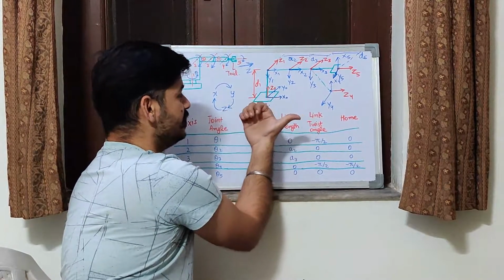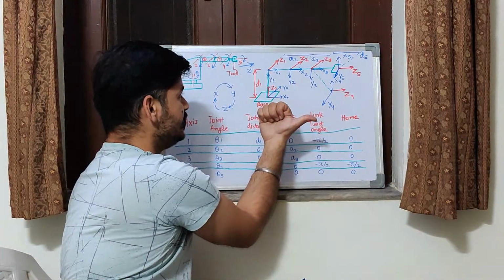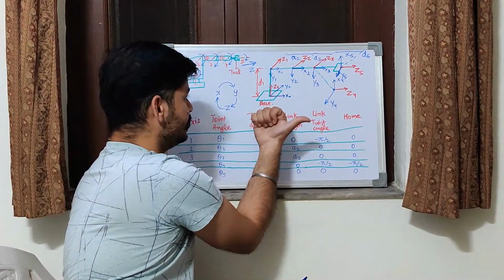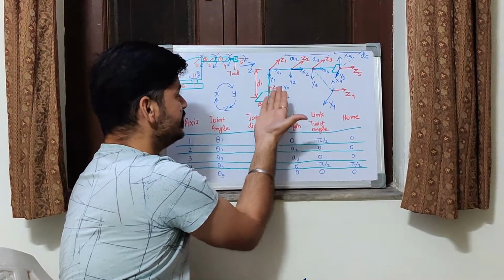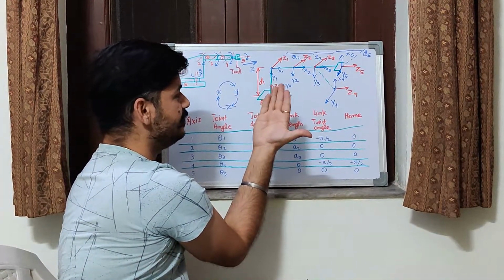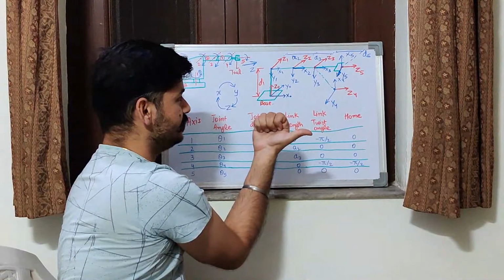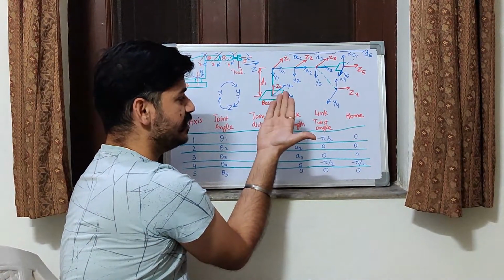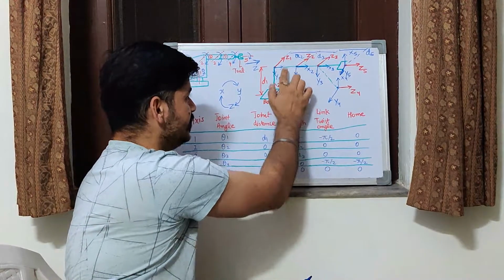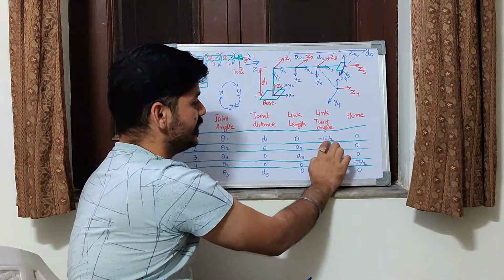So you can point your thumb in the x direction and you have to move z0 in order to align with z1. If the movement of z0 is opposite to the curling of fingers, then this is a negative angle, and you can see the angle between these two is 90 degrees, so minus pi by 2.